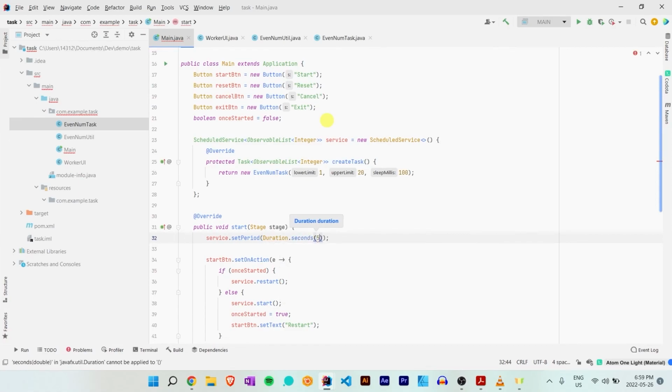We're saying 5 seconds. We want it to run every 5 seconds. And of course, I've also changed the milliseconds to 100, just milliseconds. We don't want 1,000. That will take a long time. Now, if I rerun the application,